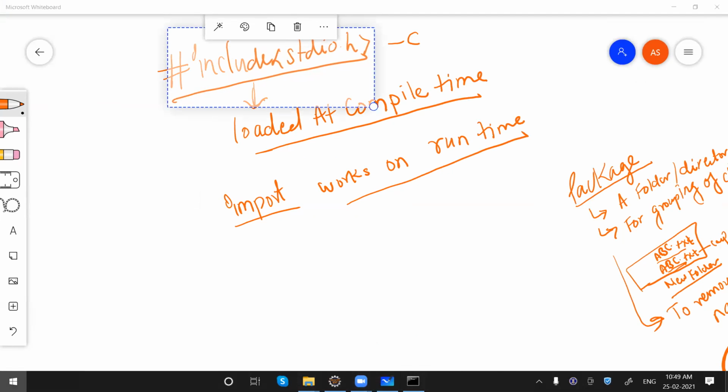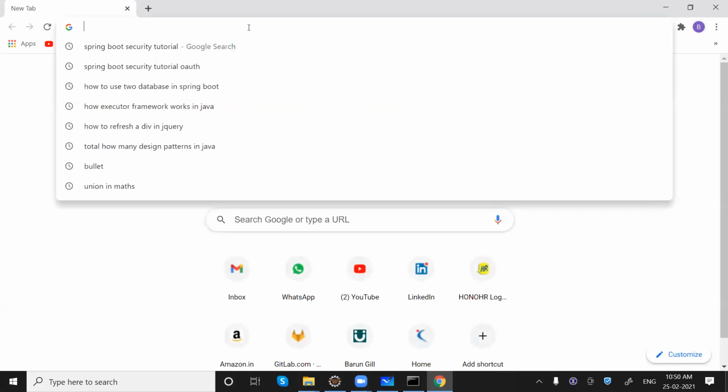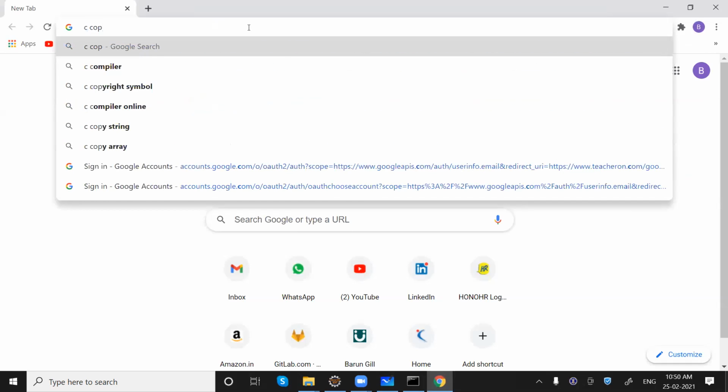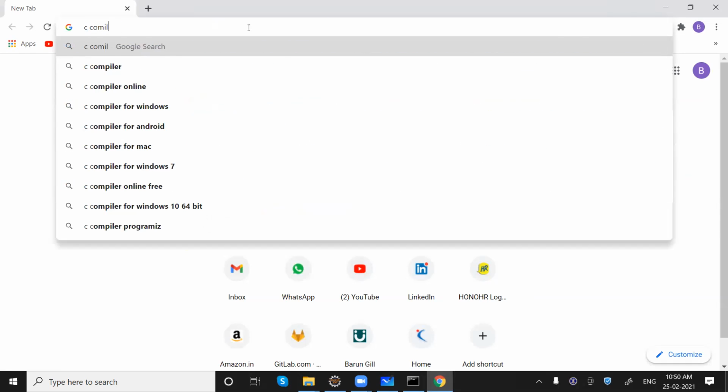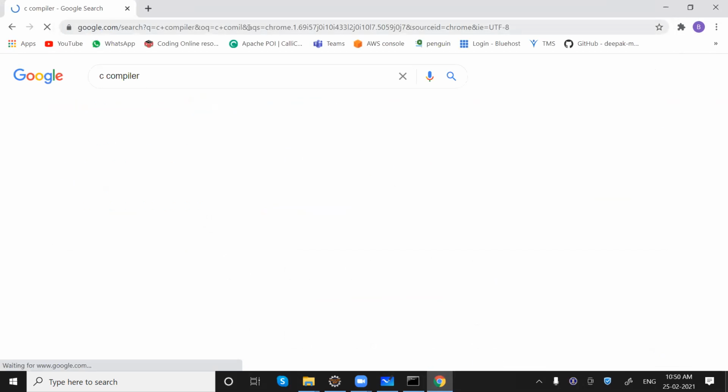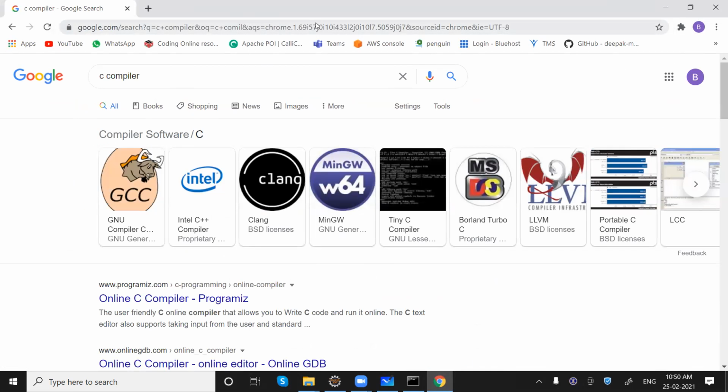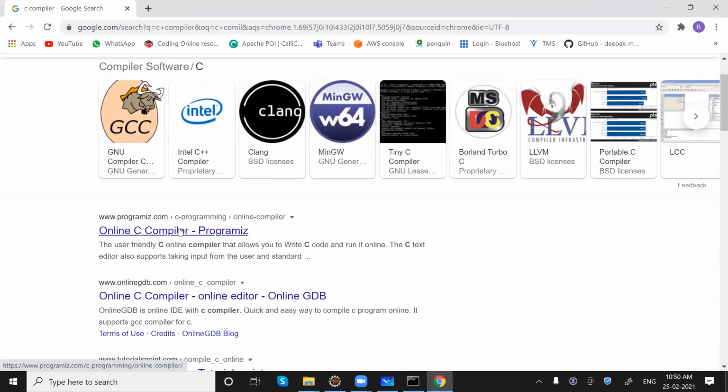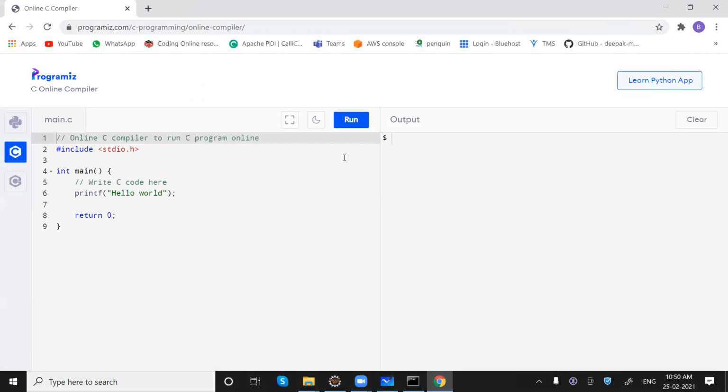Let me just try to do it if I can, because I don't have any C compiler, but let me try to do it here if we can. Generally we used to code in Turbo C in our early days. Can you see my screen?